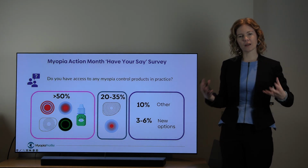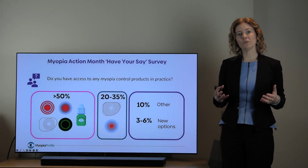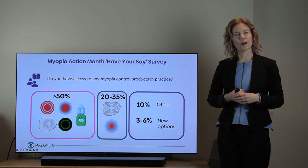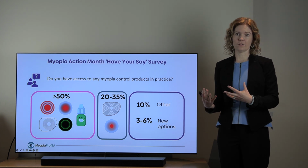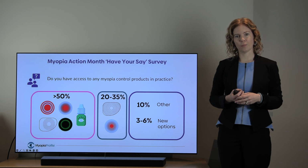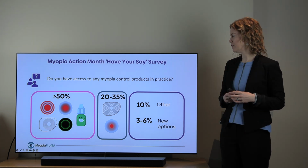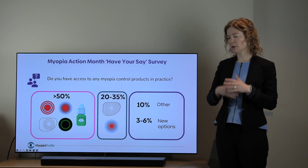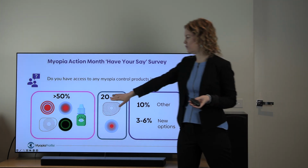Now, before we started Myopia Action Month at the start of September, we put out a Have Your Say survey. And the intent of this survey was to ask you a variety of different questions about your attitudes and your practices in myopia management, and primarily the support you need to make this happen in practice. One of the questions that we asked was, do you have access to any myopia control products in practice? And of the responses we had from all around the world, more than 50% of us had access to these